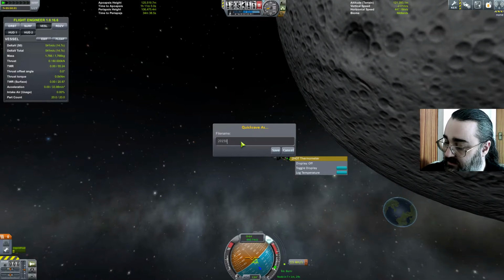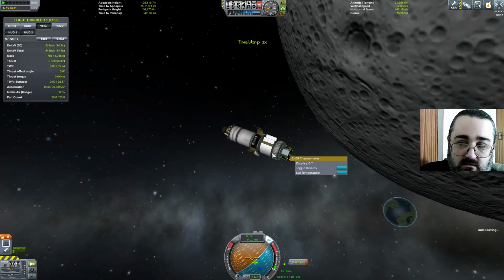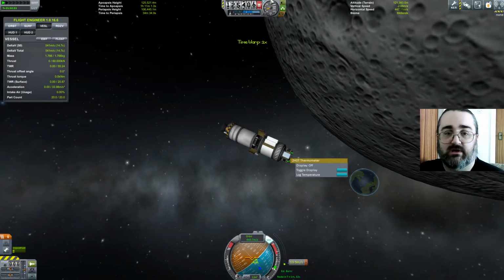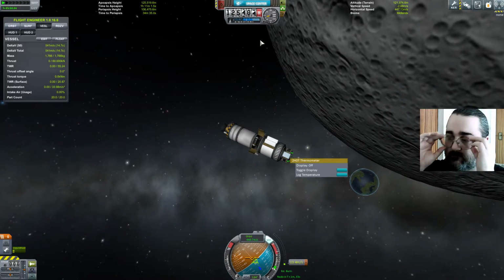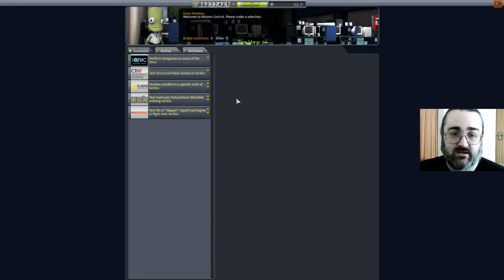I should have done the... is today the 9th? Yes, Saturday the 9th. 2015-0509. Oh, never mind. I should really have put a name to it instead of just the date, but never mind. Just have to remember that's the right one. Or I can remember that if I go to lunar orbit, then I haven't done the...